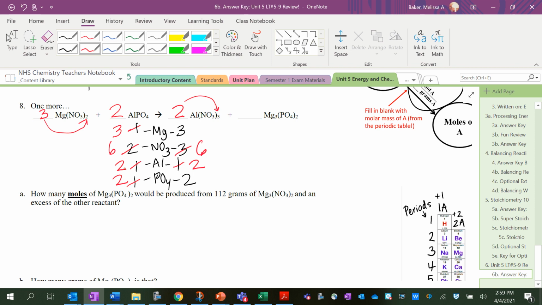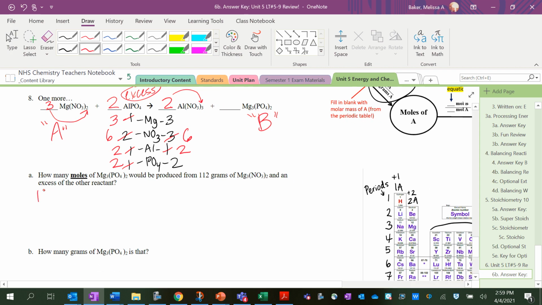How many moles of Mg3PO42, this is our chemical B, would be produced from 112 grams of Mg3NO32 and an excess of our AlPO4? Okay, so we're starting with 112 grams of Mg3NO32. So this is going to be a long molar mass to calculate. Okay, blank grams of Mg3NO32